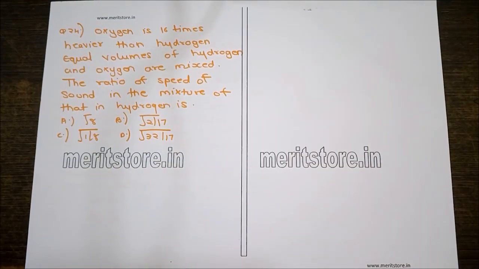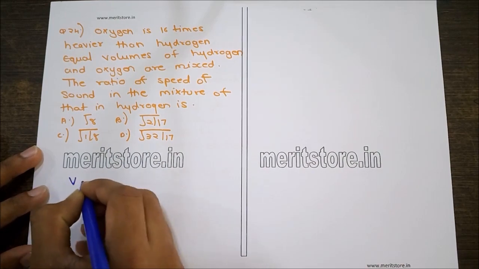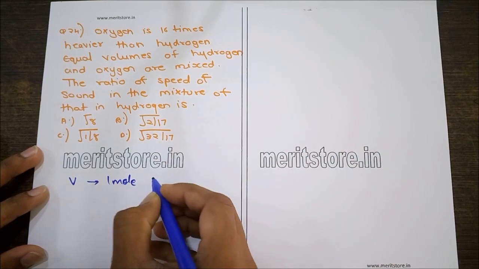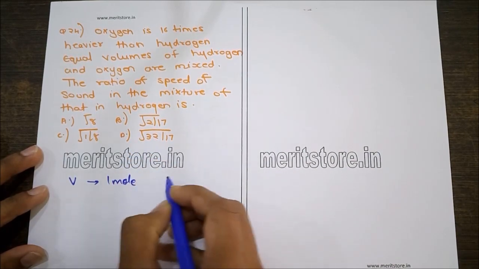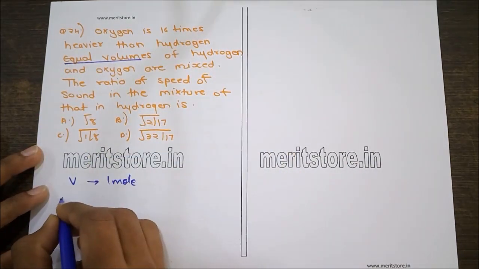Oxygen is 16 times heavier than hydrogen. Equal volumes of hydrogen and oxygen are mixed. The ratio of speed of sound in the mixture to that in hydrogen is, the options given are root of 8, root of 2 by 17, root of 1 by 8 and root of 32 by 17. Now let V be the standard volume of 1 mole of the gas, and since equal volumes are mixed, therefore the